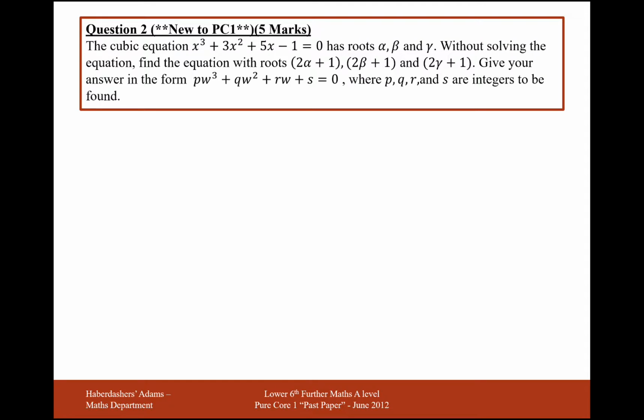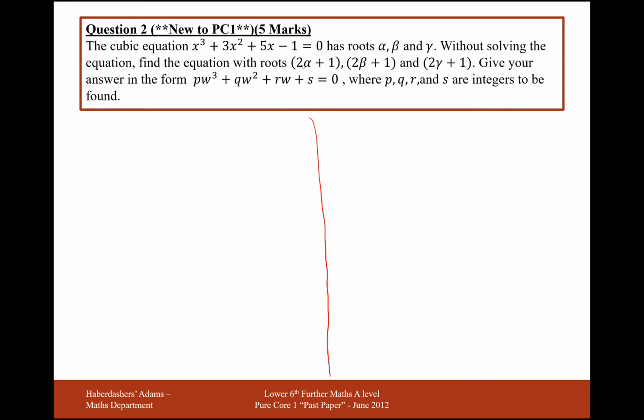This is actually a new question to Pure Core 1, so I've added this question into the paper myself. So we have a cubic equation, with alpha, beta, gamma as the roots. We need to find an equation that has roots 2 alpha plus 1, 2 beta plus 1 and 2 gamma plus 1, and the equation needs to be in the form of w's. So what we have here,